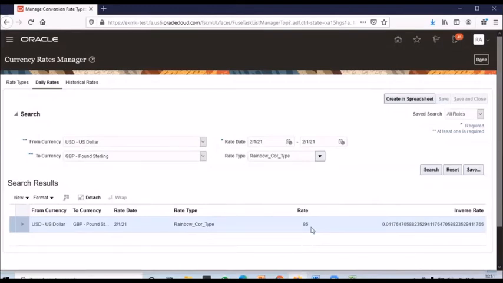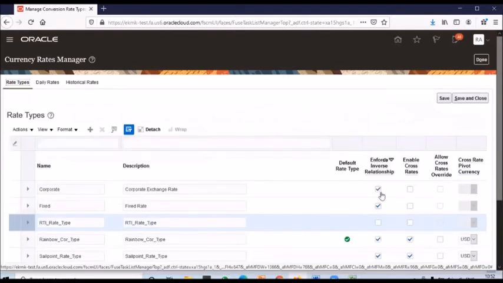it shows 85. Previously 90 was there, and now it's going to be 85. When the inverse rate is applicable, the inverse rate is created automatically. When you create the rate types, you enable the first step, enforce inverse relationship.